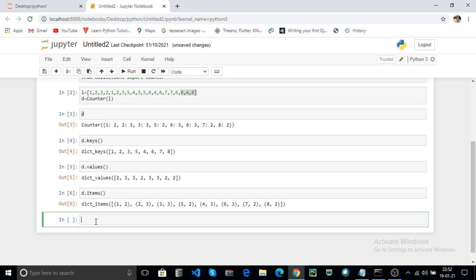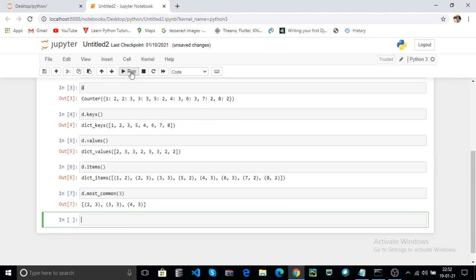Here a newly introduced method in collections Counter is d.most_common, on your Counter dictionary. Here you pass any integer value, for example 3, and it returns the most common keys in your dictionary.